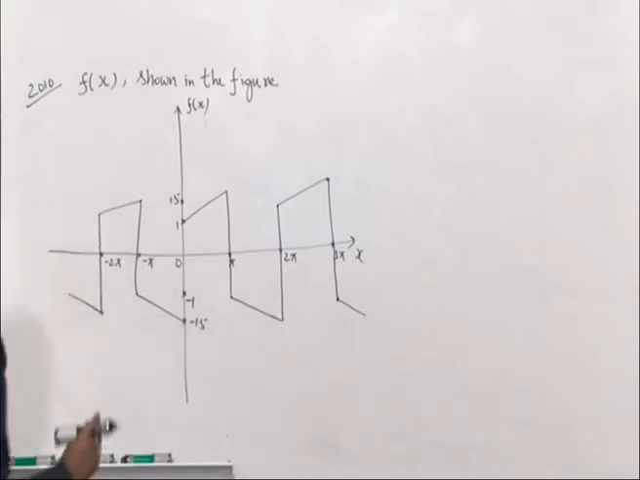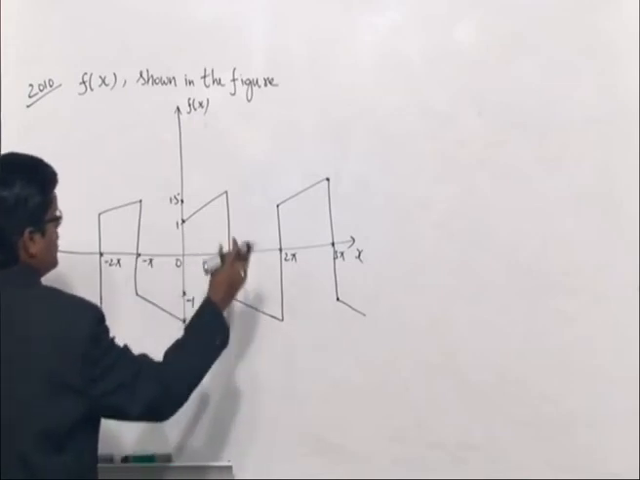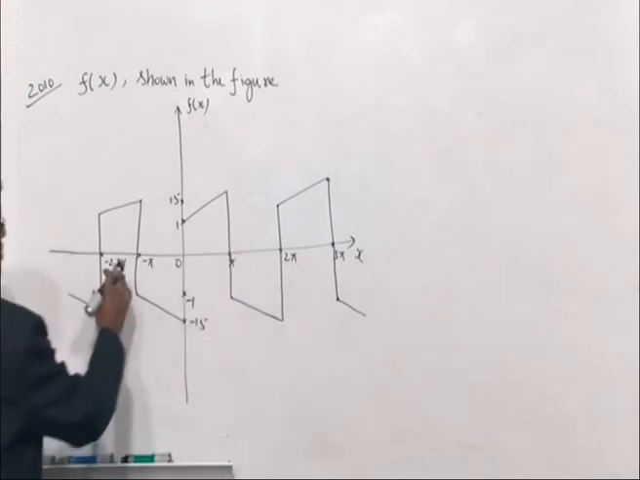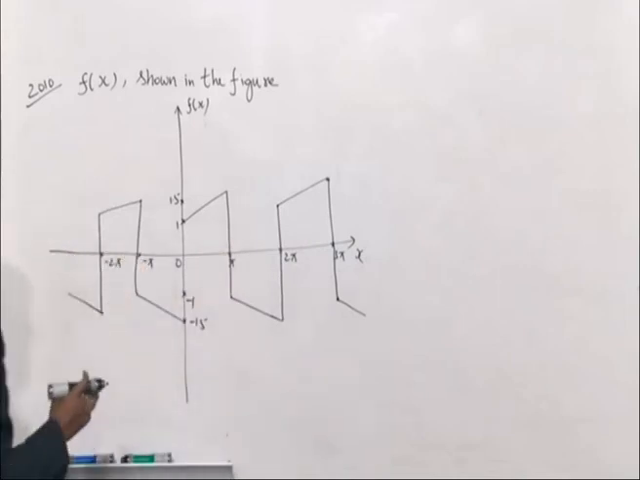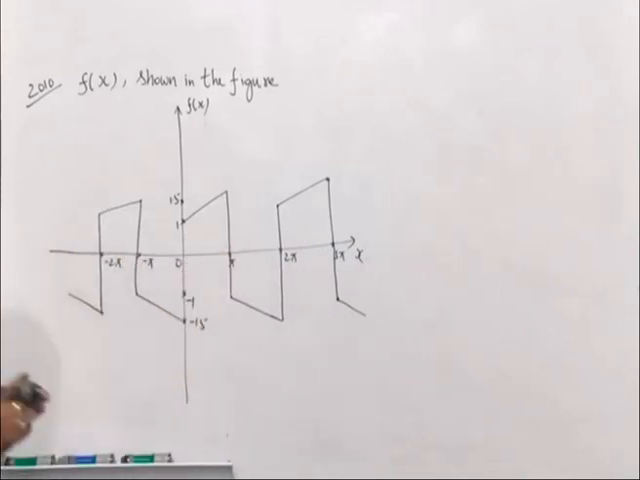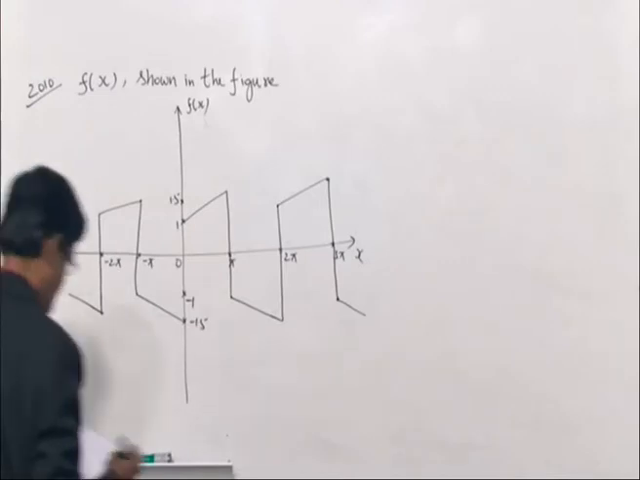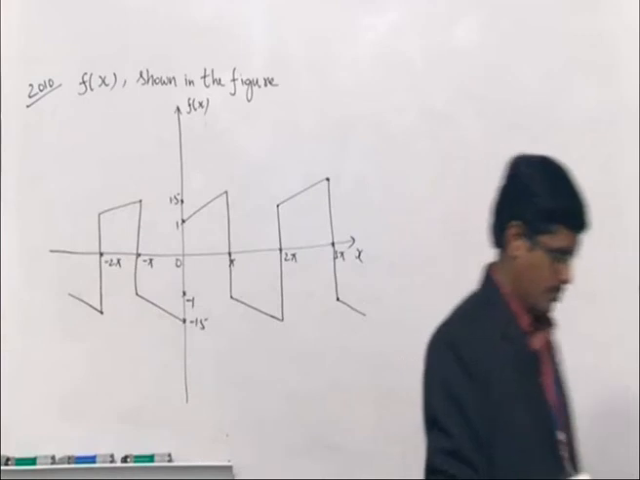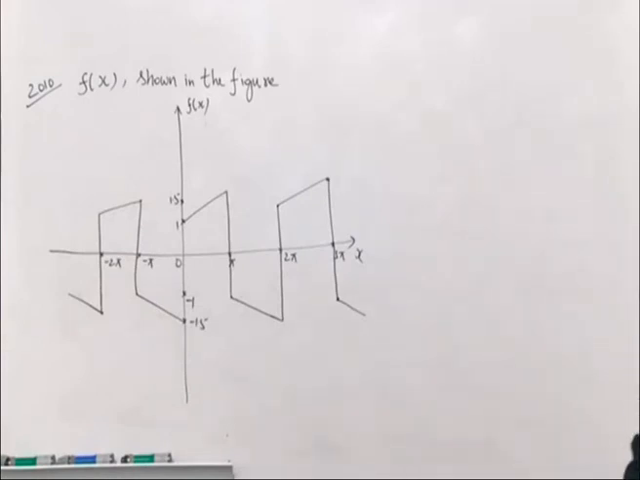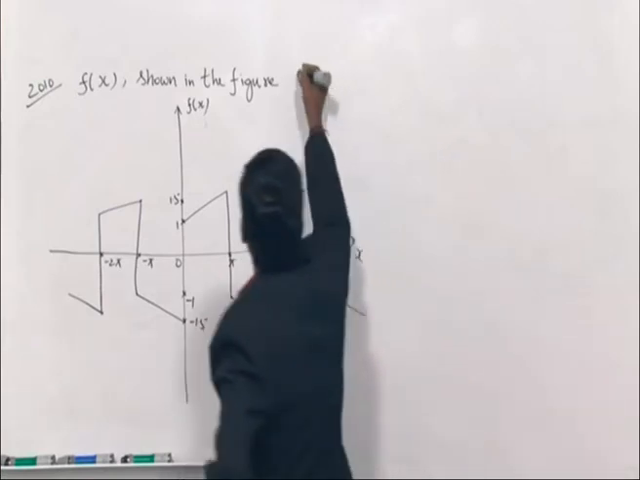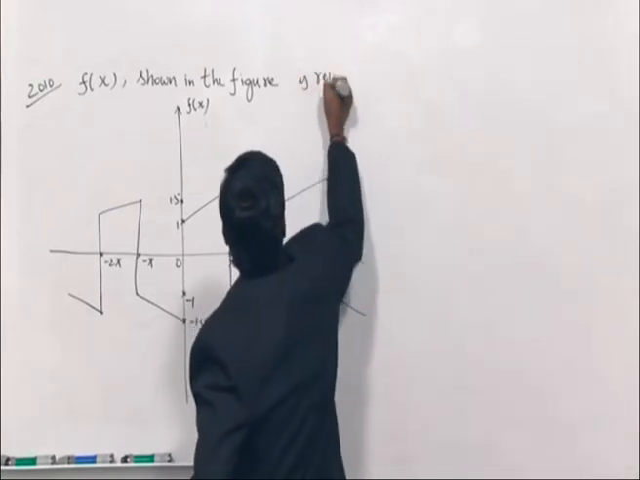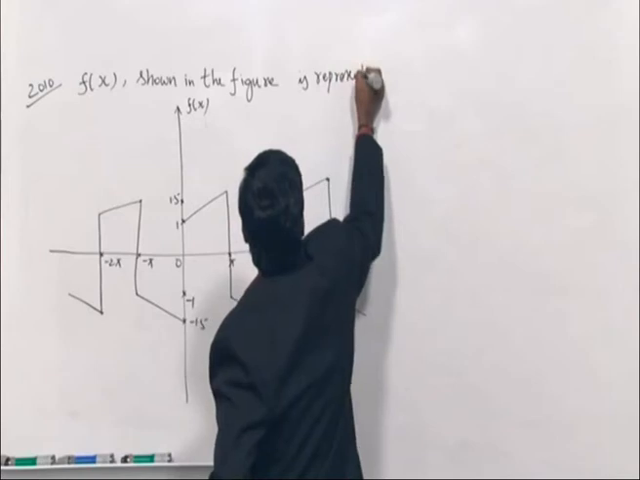Now the graph is considered between minus pi to pi, okay. So the period from minus pi to pi, pi to 3 pi, same shape in this interval. So consider the graph between minus pi to pi because it is a periodic function with period 2 pi. So shown in the figure is represented by